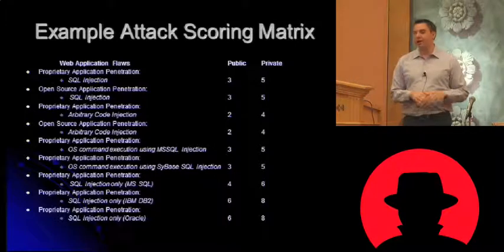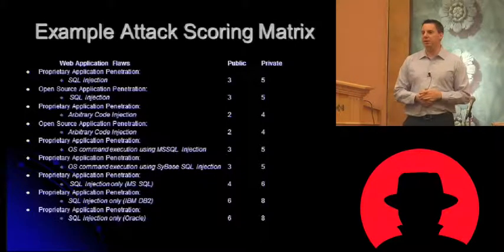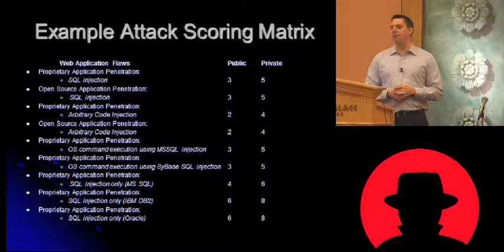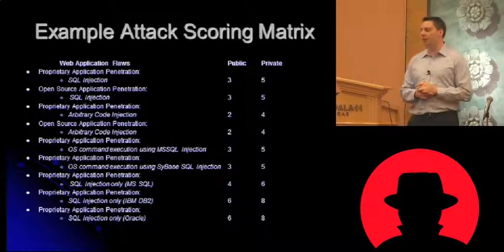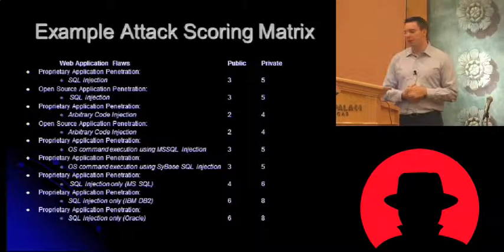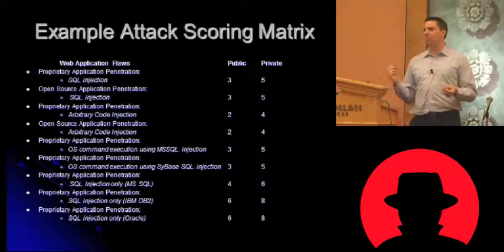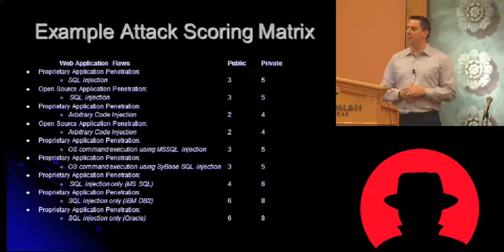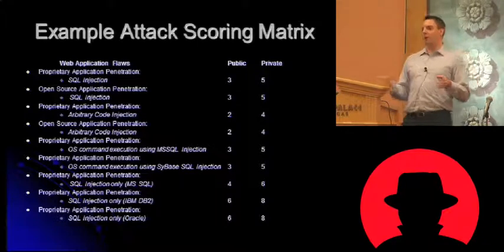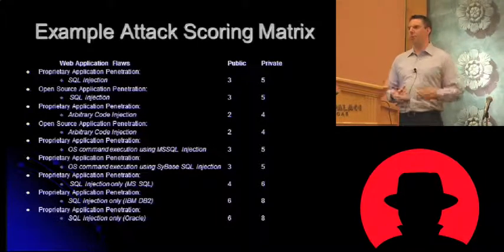So as a progression of that, we then came up with these various attack matrices to analyze various types of exploits against systems. So this is just an example for web applications. Different organizations may weight these differently based on the types of assets you're trying to protect, but this gives you a basic example of how you might be able to automate creating a scoring matrix to rate an attack based